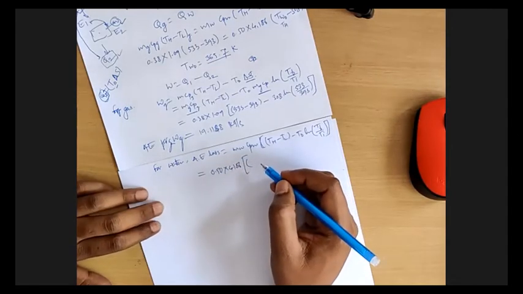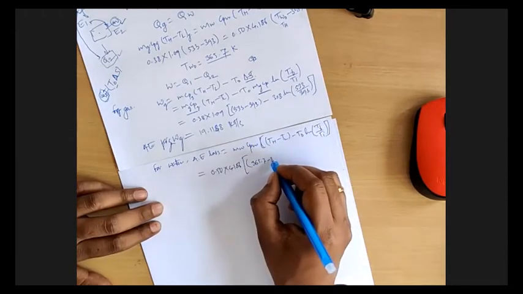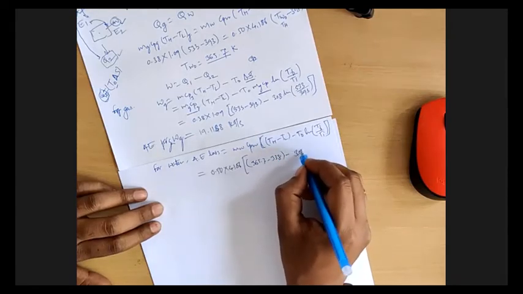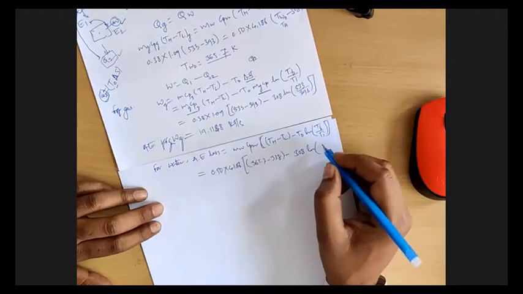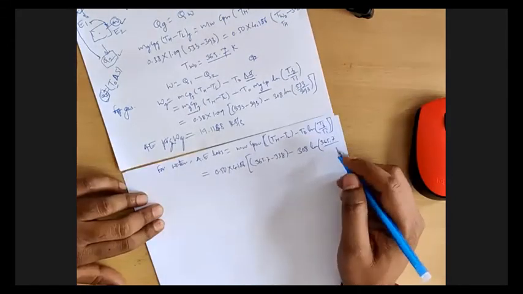For water, final temperature is higher, so 365.7 minus, what was initial? 338, minus 308, that is atmospheric temperature, into ln of 365.7 by